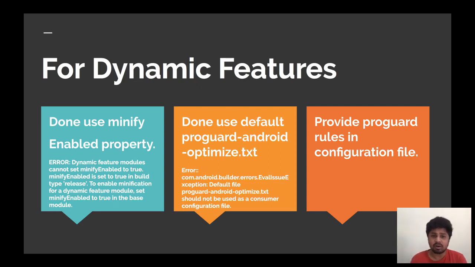So what this will do is these ProGuard rules are merged with those from other modules, including the base module, at the build time. So while each dynamic feature module may specify a new set of rules, those rules apply to all the modules in the project. So whenever the dynamic feature APK is created, the ProGuard rules that you have supplied will get merged into the base module, and the APK will be made accordingly.